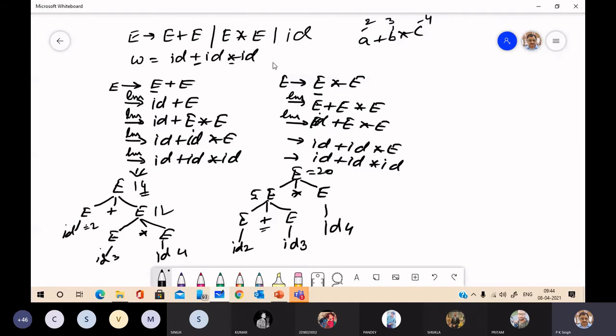Why is it so? Because this grammar is ambiguous. In this grammar, operator precedence is not preserved. So we can't use this grammar for generation of syntactic structure, that is, for syntax analysis. So what we do is first remove the ambiguity. Just consider a particular case of this operator grammar.